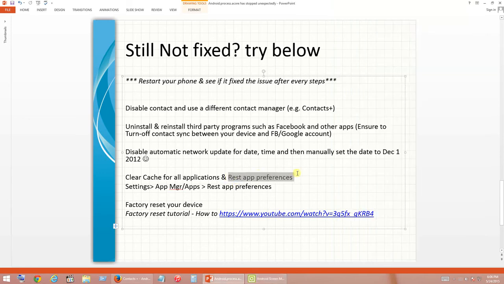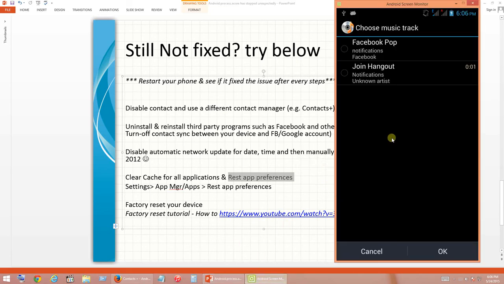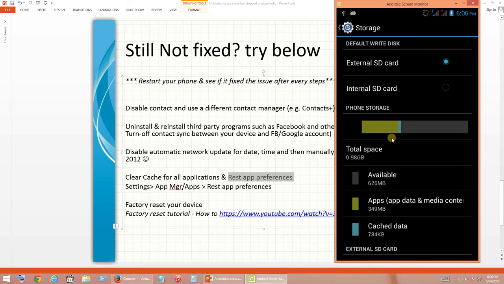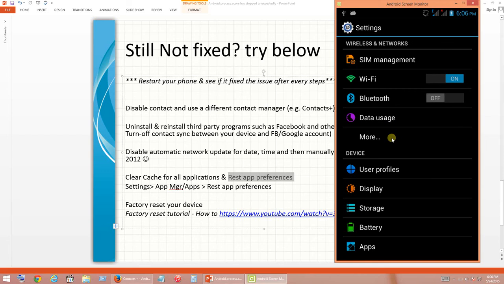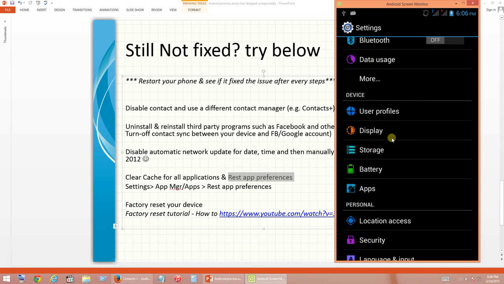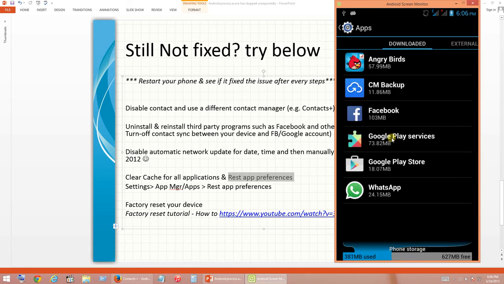Now we will look at how to reset application preferences. Go to settings again, then apps, and go to apps or application manager. Click on the menu key and you have the reset application preferences option.